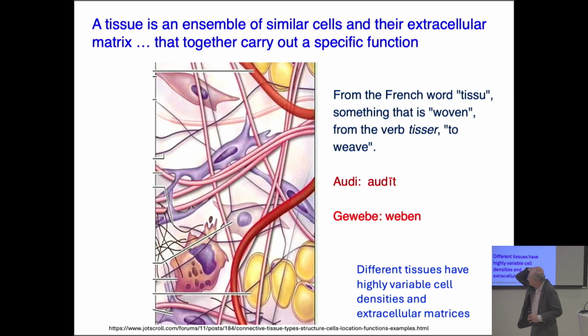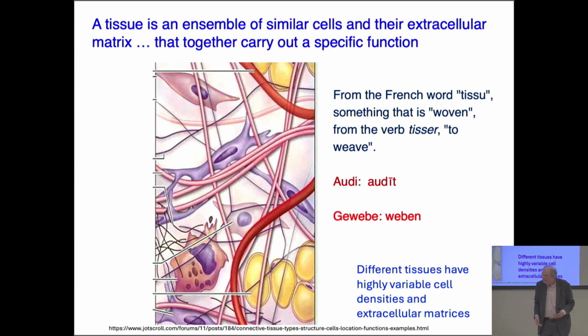I have to admit that I've always wondered why in English a tissue is called a tissue. But it comes from the French word tissu, which is related to the verb tisser, which means to weave something. And this isn't an accident. In English, you don't get that impression. To weave is not the same as a tissue, but in French, it's the same word. And in Latvian, it's the same thing too. Audi is the same thing as audīt.